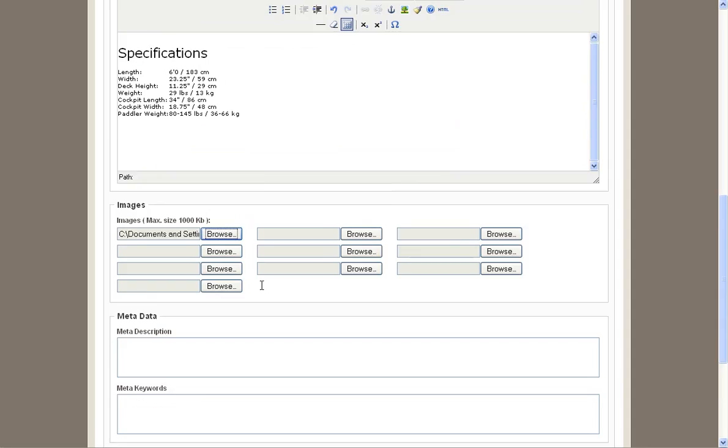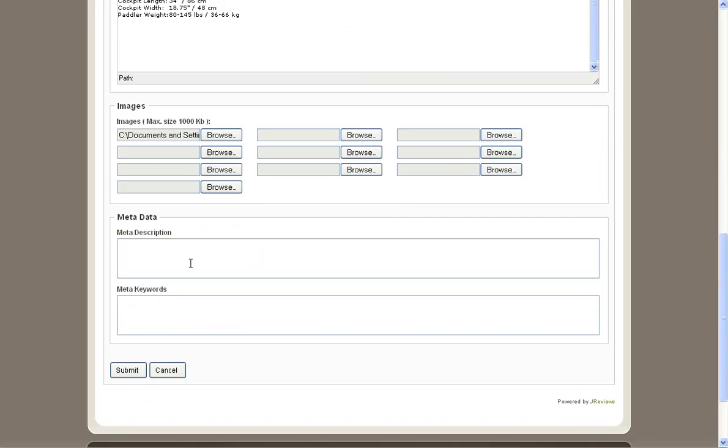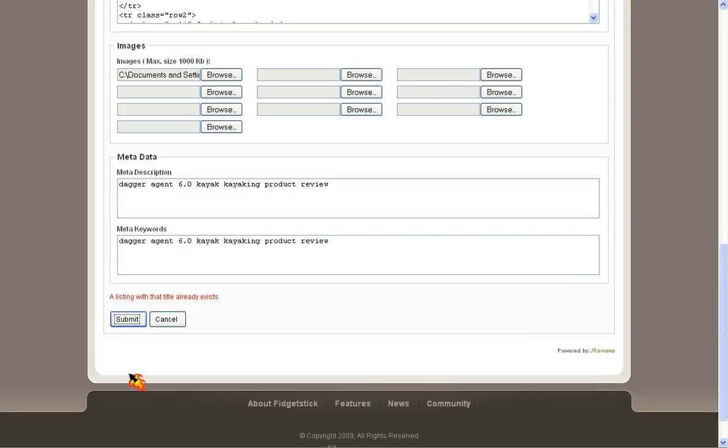We're going to open that, and then we're going to input our meta description. Remember the format from before, so it's Dagger Agent 6.0 kayak, kayaking product review, and we're just going to replicate that. We're going to copy it and put it into the meta keywords as well. We keep a similar format, and that's it. From there we hit submit. Now in this case I've already input